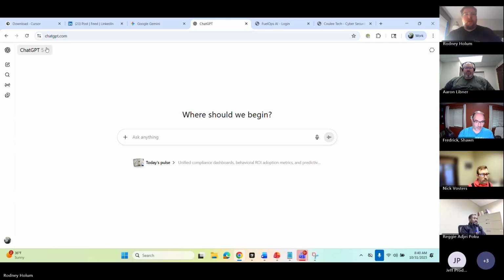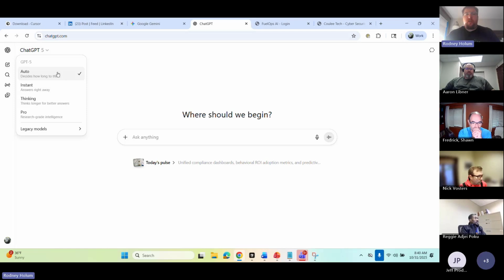Okay. Also, if you have it on pro or thinking versus instant, anytime I put something on pro, I gotta wait 10 to 15 minutes for my response. And if you have it on auto, sometimes it's just choosing which one. If it thinks it's a hard problem, it's going to throw it on thinking, which might take 5 minutes, 10 minutes, something like that.